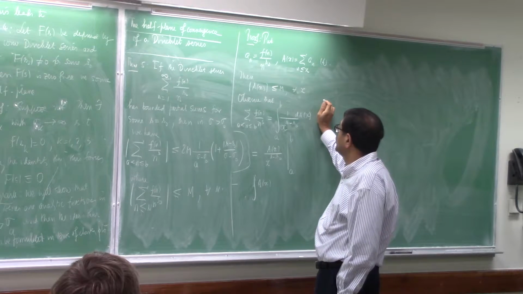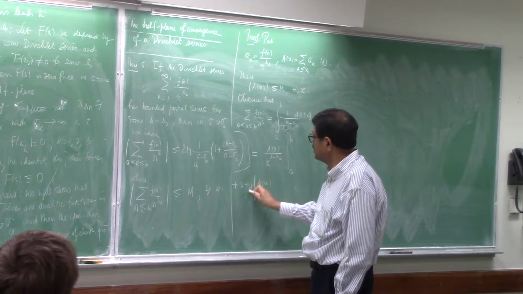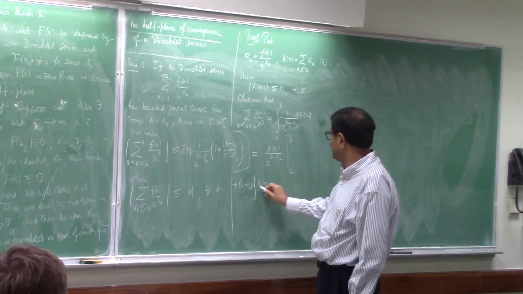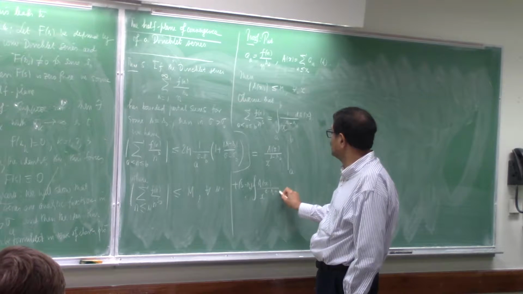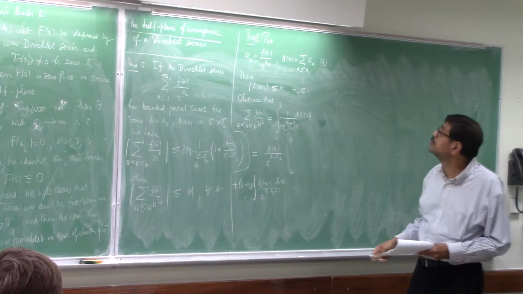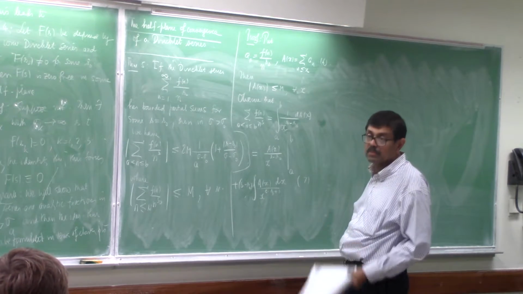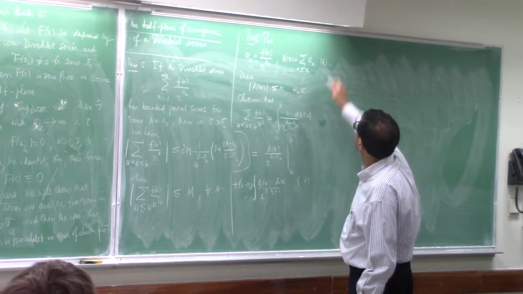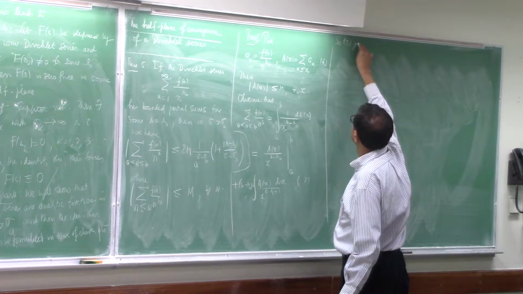So when you differentiate, you get minus s naught, which is s minus s naught here. And then you'll get x to the power s minus s naught plus 1 dx. Okay, so